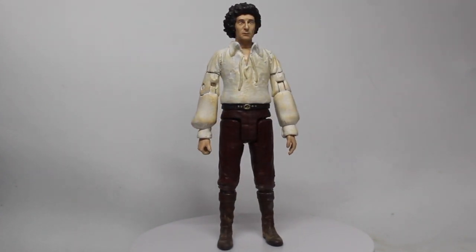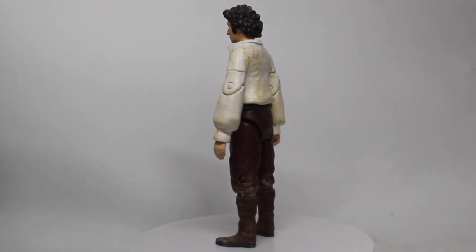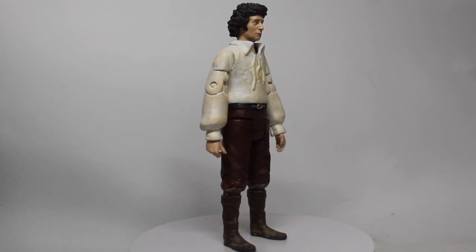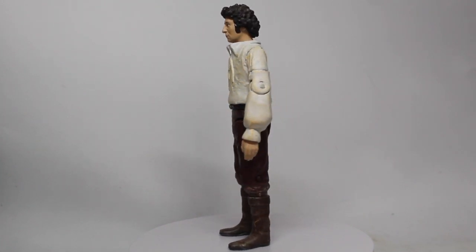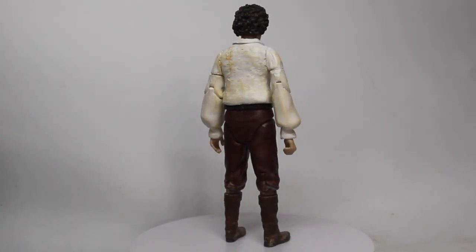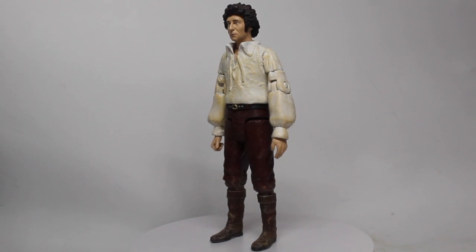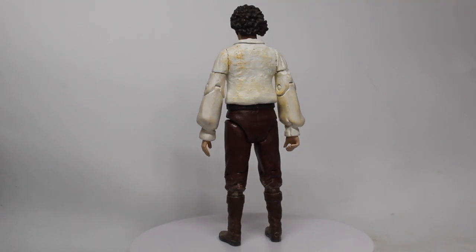So obviously the head and the hands are from the regenerated 4th Doctor figure. Personally, I really like that particular head sculpt. I do like to have it on most of my 4th Doctor customs for now. I don't know why, it's just one of those ones that I think does stand out and look very good. The legs are from a Castrovalva 5th Doctor, or possibly from a Traken 4th Doctor. I don't know at this point, but either way it's the version that's got the booted legs, as you can see. And then all I've done on this is I've sculpted on a belt to make it look like his shirt's tucked in, but it's the torso that's got the most